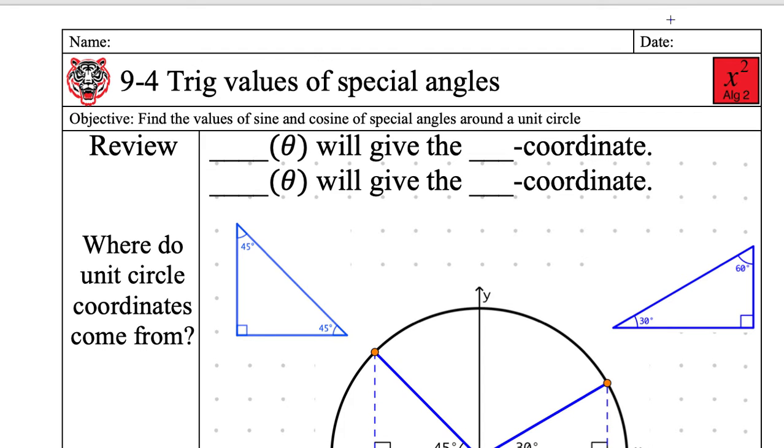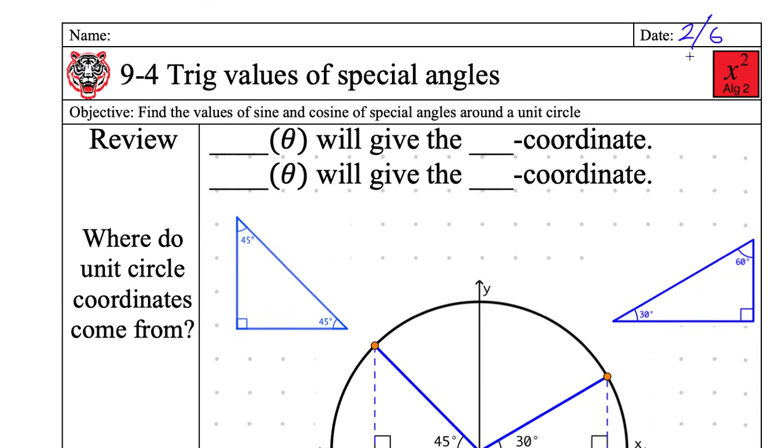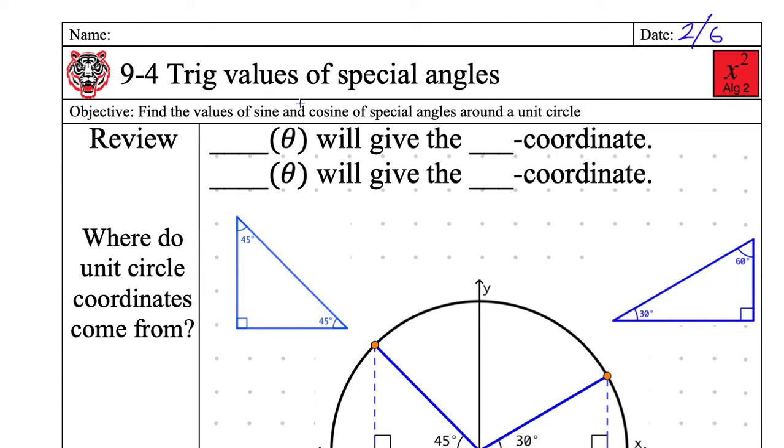All right, this is Algebra 2. We are on, today, not Wednesday, Thursday, February 6, 2020. We're talking about lesson 9-4, trig values of special angles. And what do I consider special? These ones right here. So our objective today is to find the values of sine and cosine of those special angles